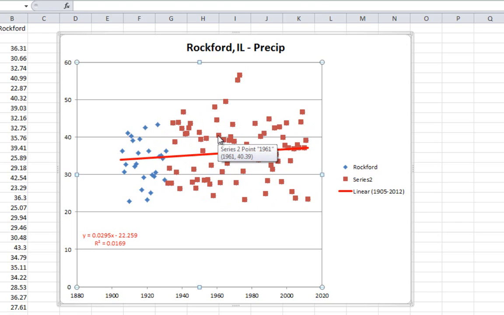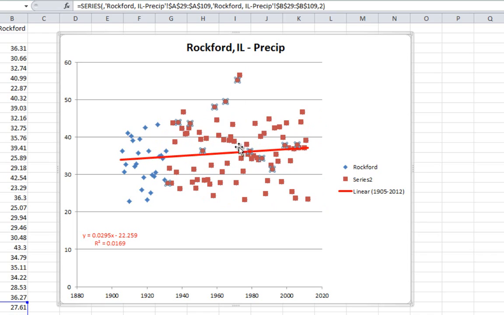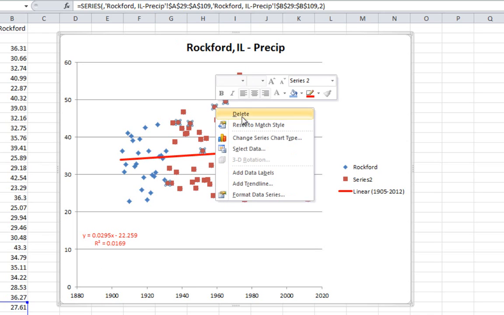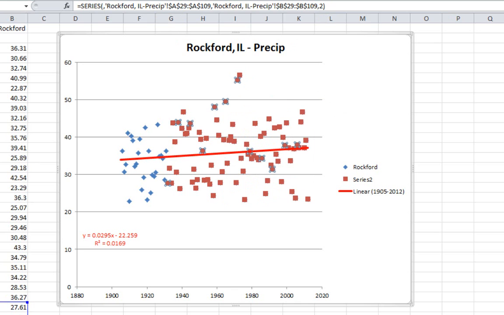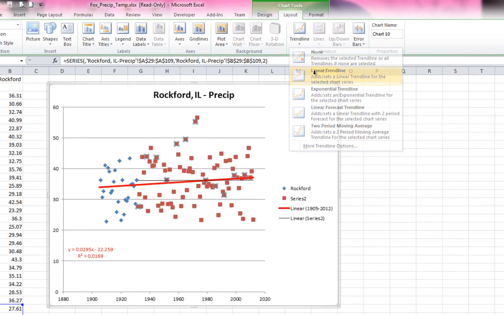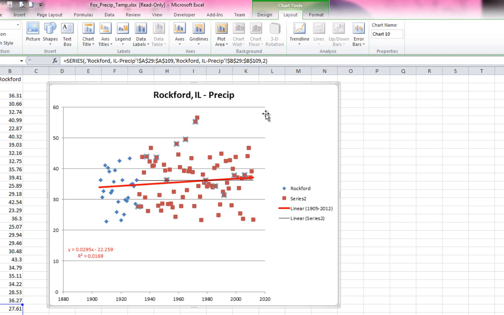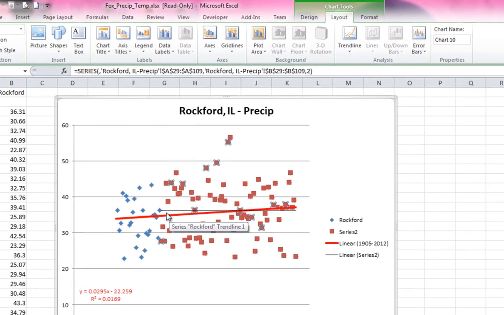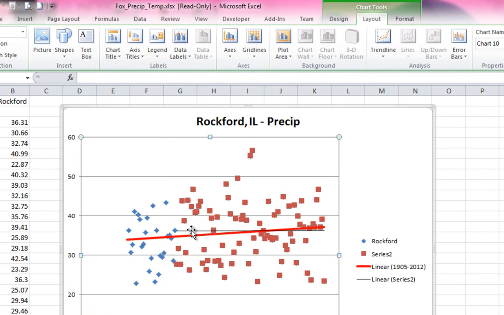So we're going to select this data series. It doesn't look like everything's selected, but if you look up here in the formula bar, you have selected A29, and you can see right here that you do have that subset. So that's perfect. And then what you want to do is add a trend line. Now you could do it like this. I right-clicked, and if you didn't do it that way, you could go up here to Layout and add a trend line. Either way, it has added another trend line. You can see it right here. So let's go in and select that trend line